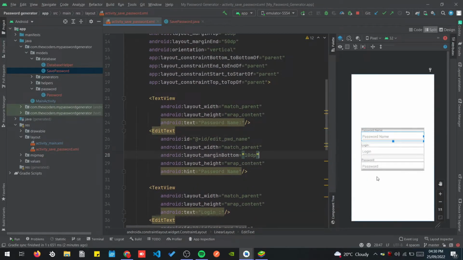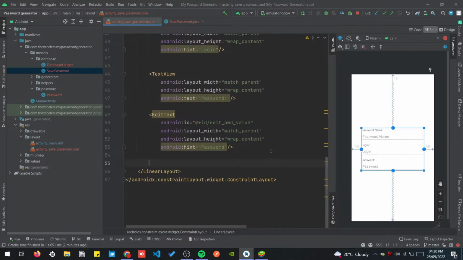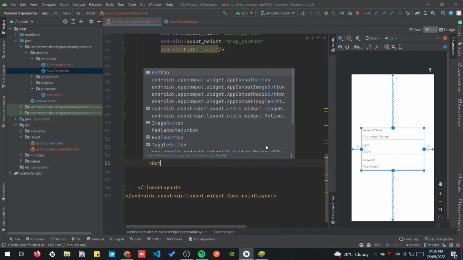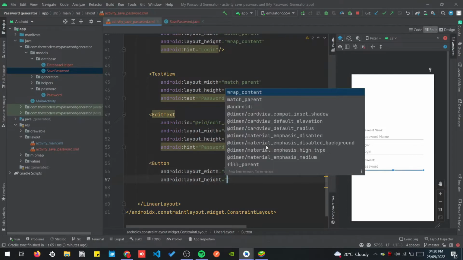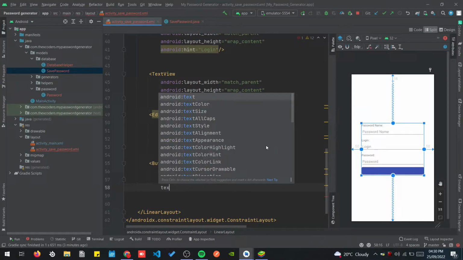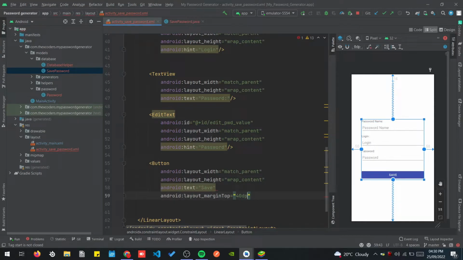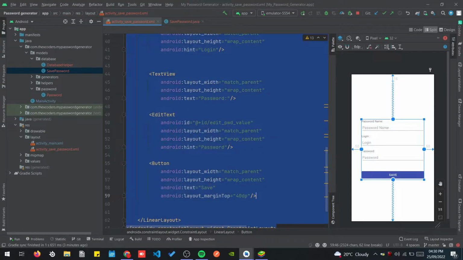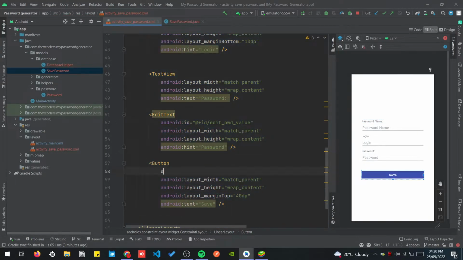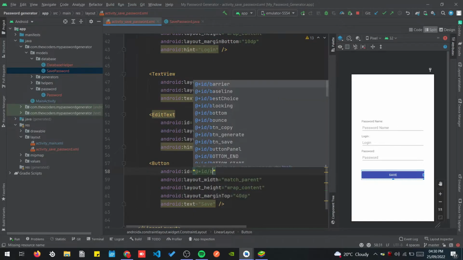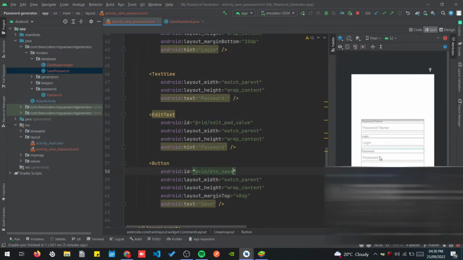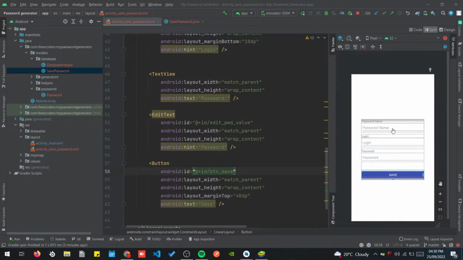Okay, alright, and at the end let's add a little button. Match parent, wrap content, and for the text it's going to be save, and margin top, set it to 40 dp, and we're going to give it an ID, btn save. Alright,